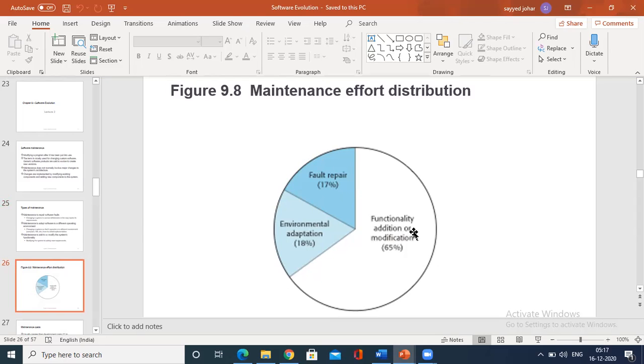In software maintenance, it takes 65% of the contribution. So once again, I explain.